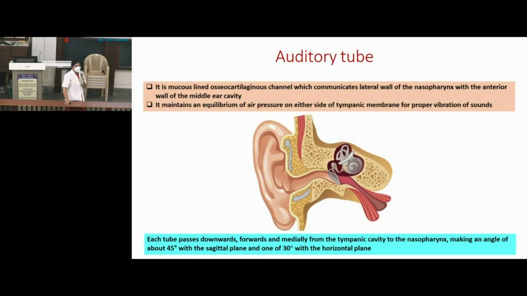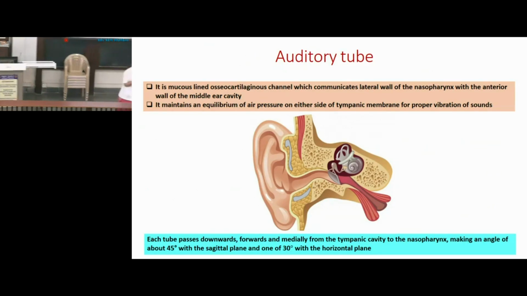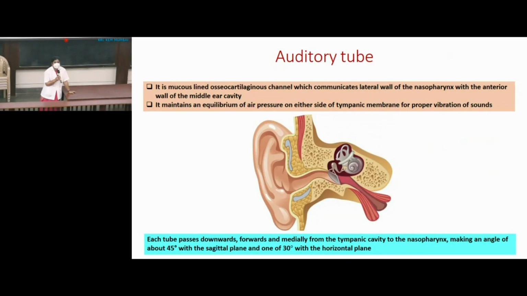So from which region is it beginning? When I am talking about the bony part, now you have to correlate things. We have seen walls of the middle ear cavity. So from which region is this bony part starting? Bony part of auditory tube: anterior wall. Upper bony canal is for tensor tympani. The lower bony canal is for auditory tube. So that is the area where this bony part of the auditory tube is beginning. So this is lateral 1/3 part.